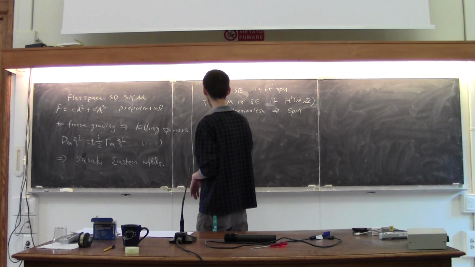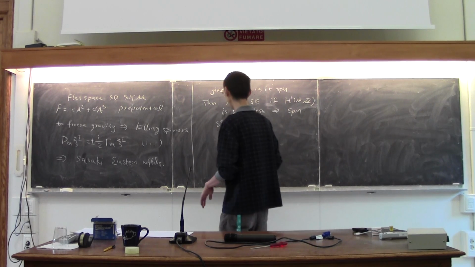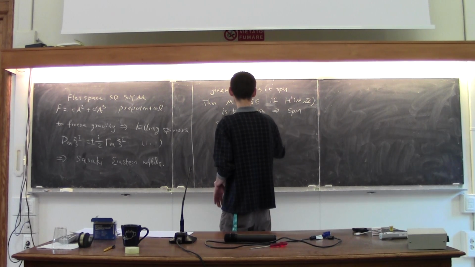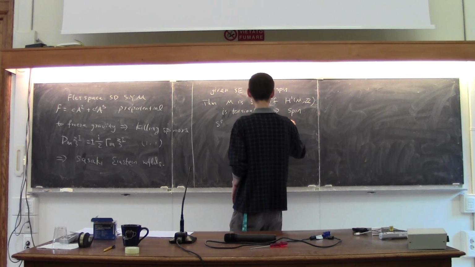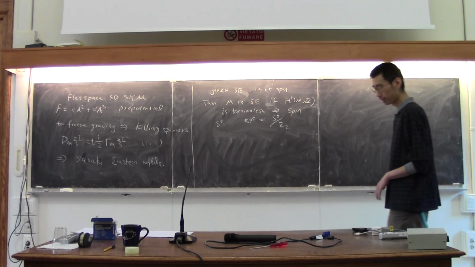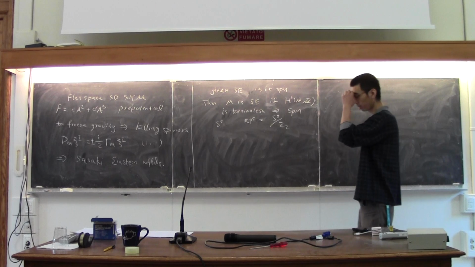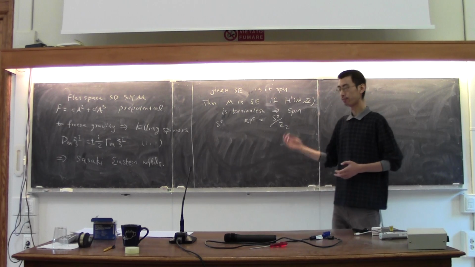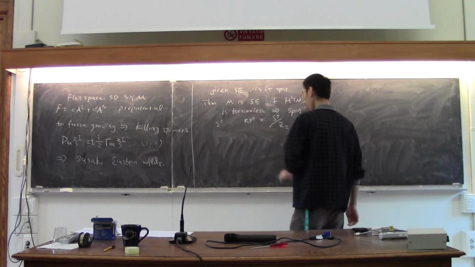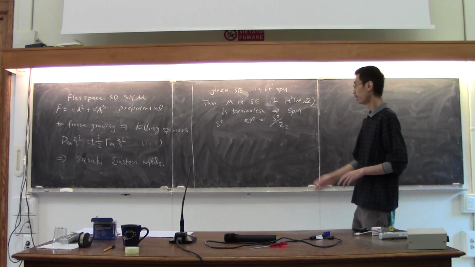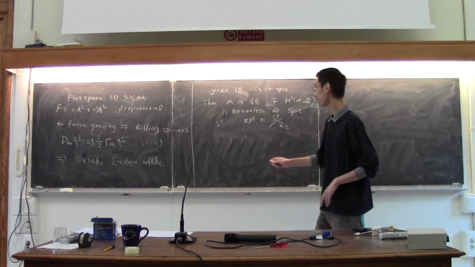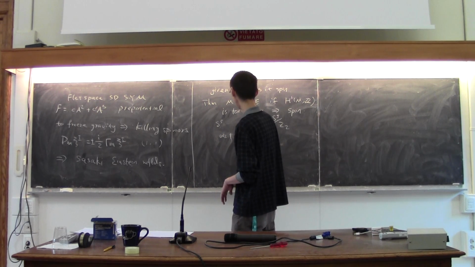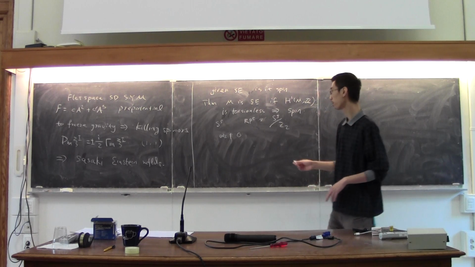We know that S5 is Sasaki-Einstein and all spheres are spin. But there's this manifold, RP5, the projective space, which is S5 modded out by Z2. Since Z2 acts by isometry, if S5 is Sasaki-Einstein, so is RP5. But this manifold has no spin structure because the second Stiefel-Whitney class is not zero, which obstructs the spin structure.